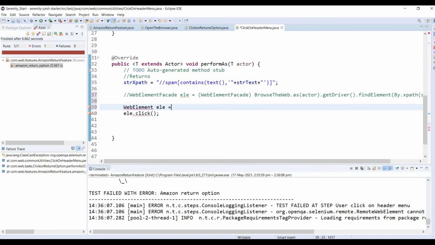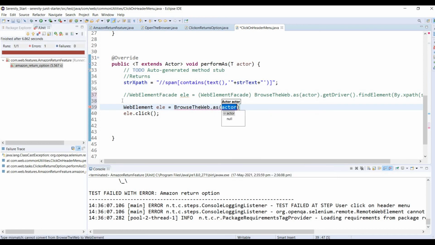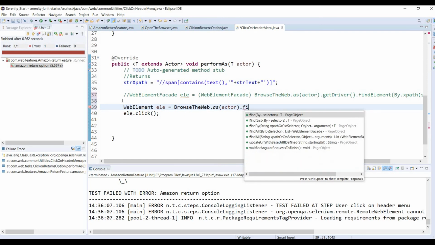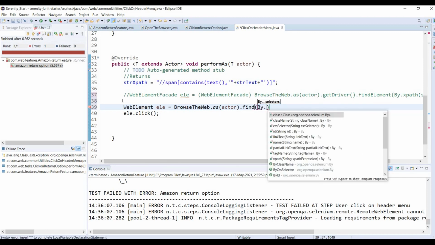Web element. So browse the web as actor, dot, find by. Or else find by dot xpath.